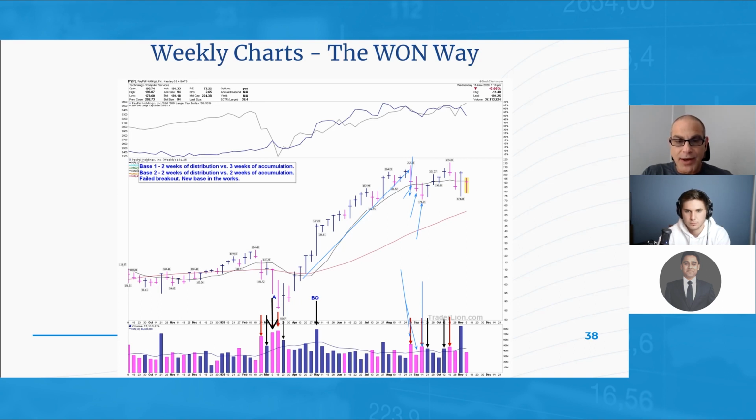Which week did we end on? I think this one right here, I believe. Right. So that is our first week of accumulation. So here's our tally: 2 weeks of distribution, 1 week of accumulation. These 2 weeks are ignorable. They're on below average volume. Here's our next week on above average volume right here,